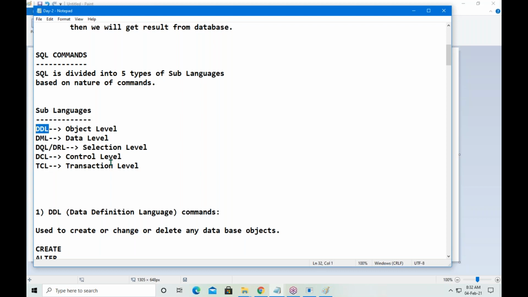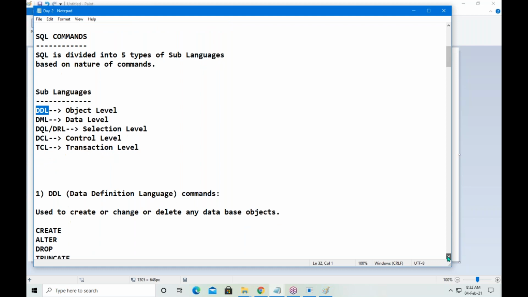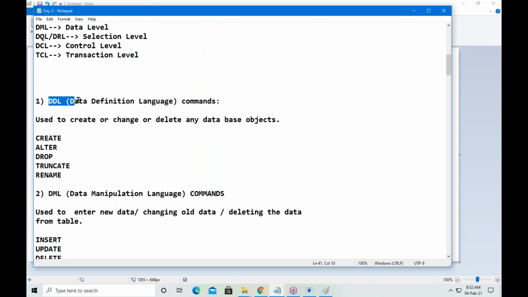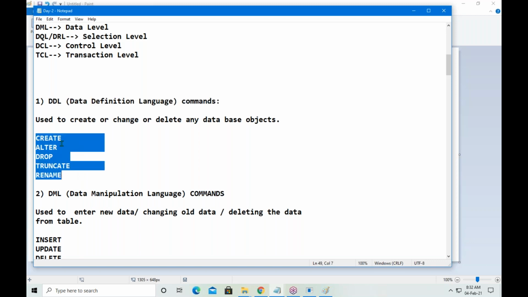What is DDL? Data definition language. Under this DDL, we have these commands: create, alter, drop, truncate, rename.